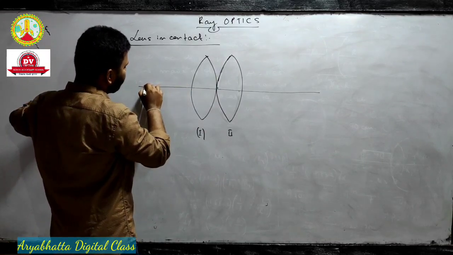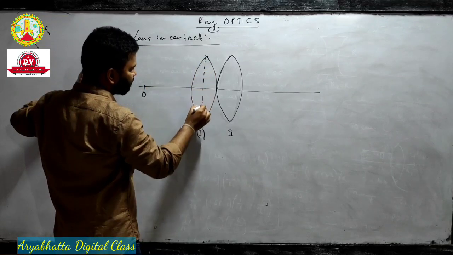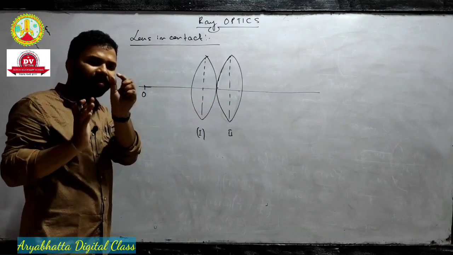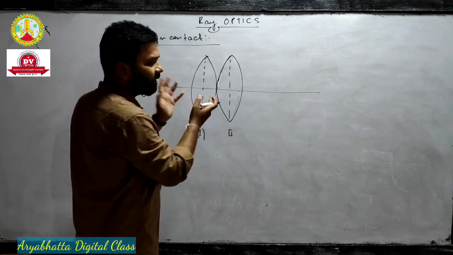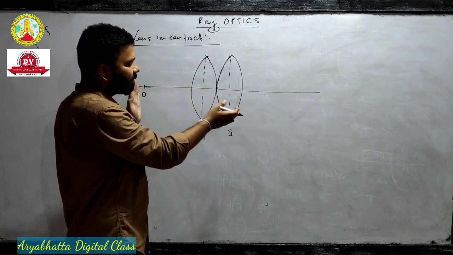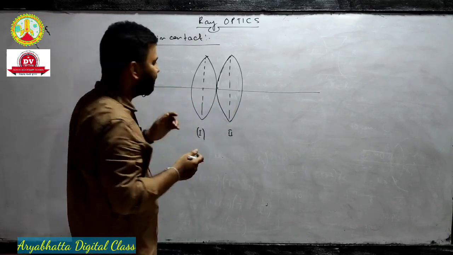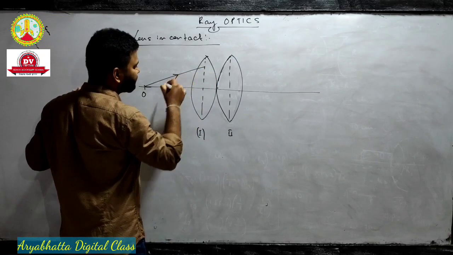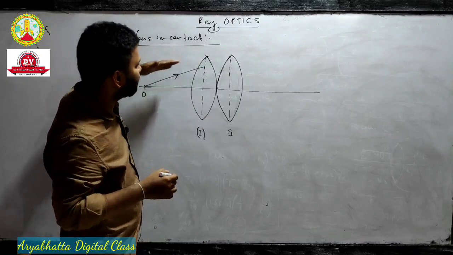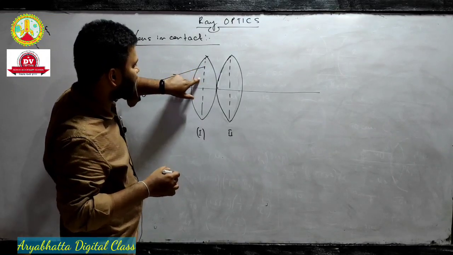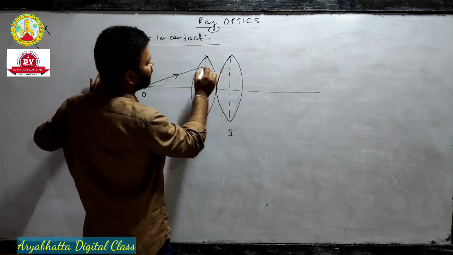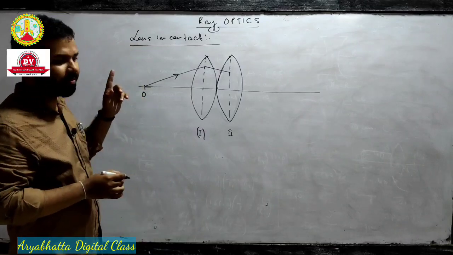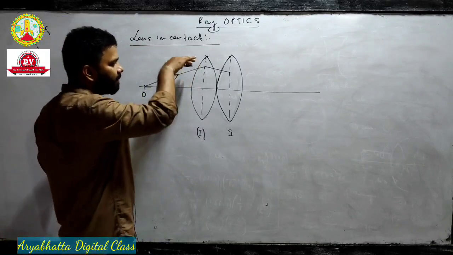From the object, a light ray will travel. These are thin lenses, yes? These are thin lenses, very thin. But here it is a little thicker because we have to derive the equation, no? If we draw them so thin, we will not be able to see anything. So from the object, a light ray will travel, and since it is traveling from rarer to denser, then denser to rarer, it will obviously move towards this side. Do you remember the lens maker's formula? So it will bend towards this side.